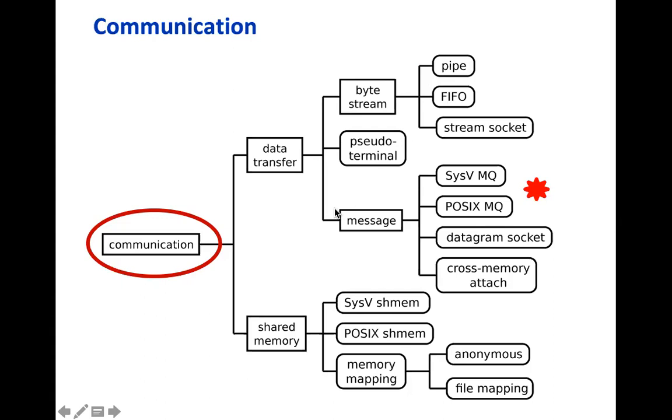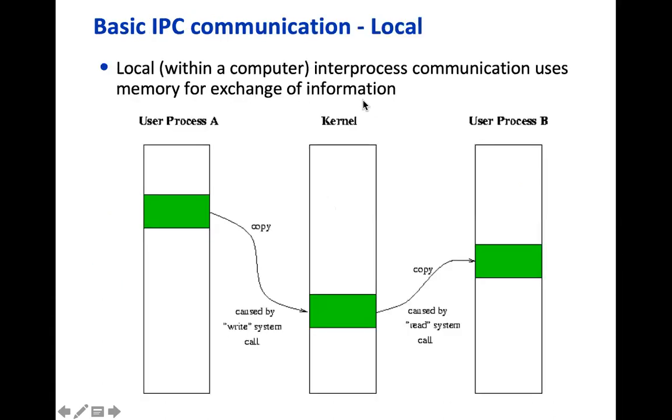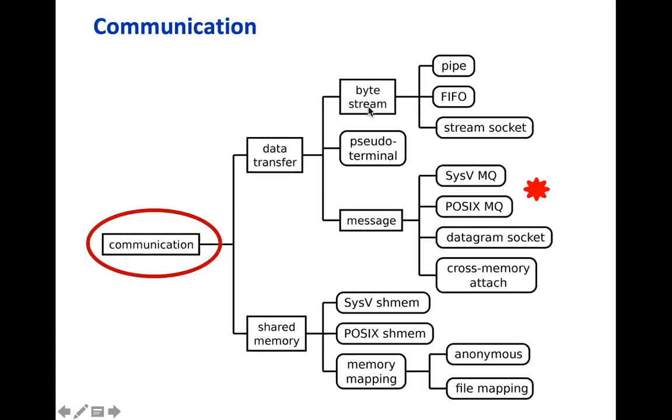Note that there is a difference here. You can see on top there is a byte stream. The one above is a byte stream. It means that pipes and FIFOs, and also stream sockets, which we will not study now, we will not use the word message. The data is sent as a stream of bytes. So it's not structured; the information or data is not structured in messages.